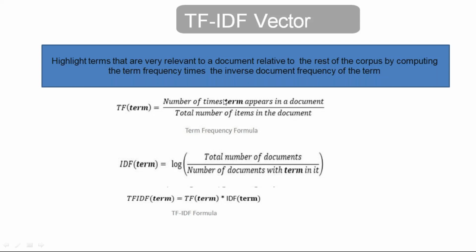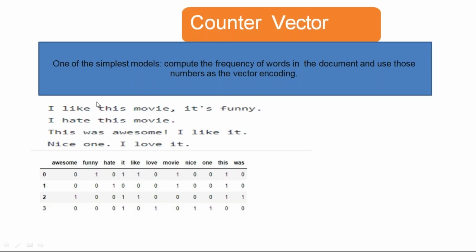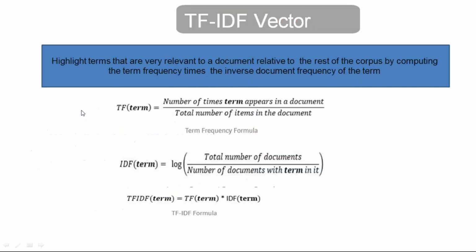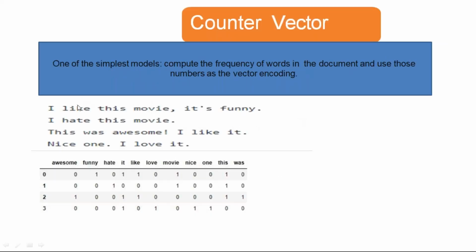For example, if I take the same document and a particular word like 'like', I want to compute the TF value. I need to compute, using the formula, how many times the word 'like' appears in the document, divided by the total number of unique items in the document. For example,